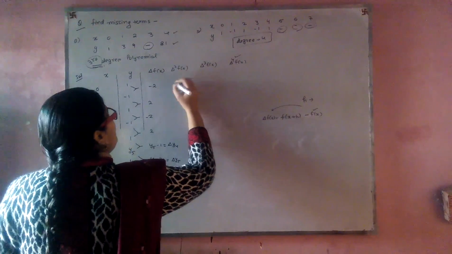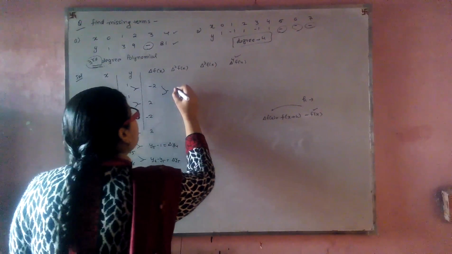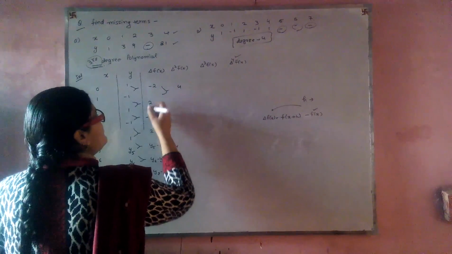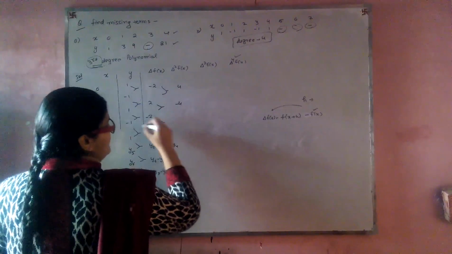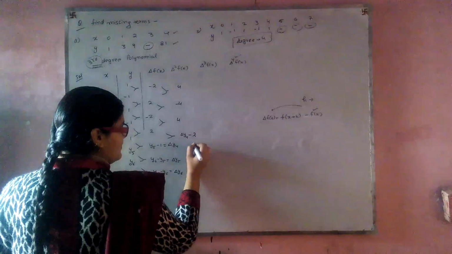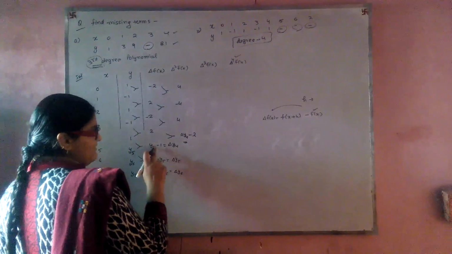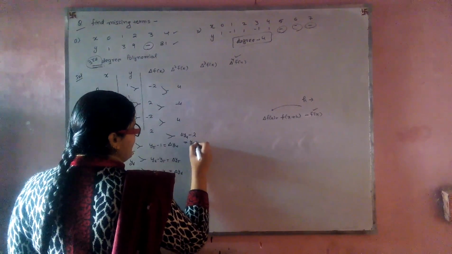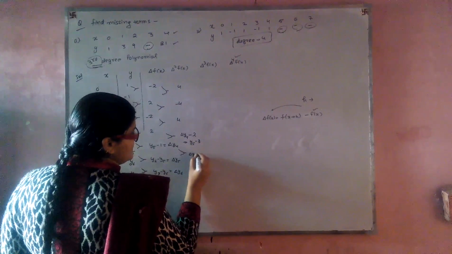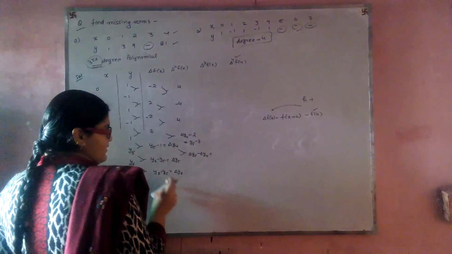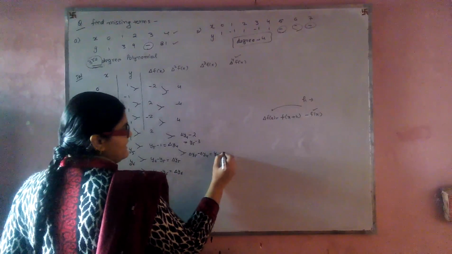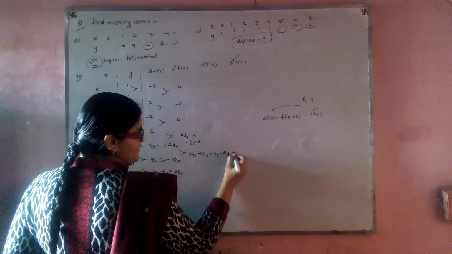Okay. Now delta 2 fx. Subtracting: 2 minus minus 2 is 4, minus 2 minus 2 is minus 4, 2 minus minus 2 is plus 4. This becomes delta y4 minus 2, or we can write it as y5 minus 1 minus 2, that is y5 minus 3. This becomes delta y5 minus delta y4, which is y6 minus 2y5 plus 1. Okay.